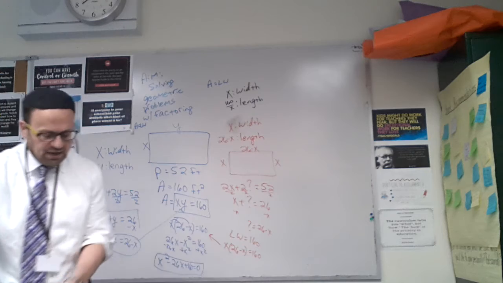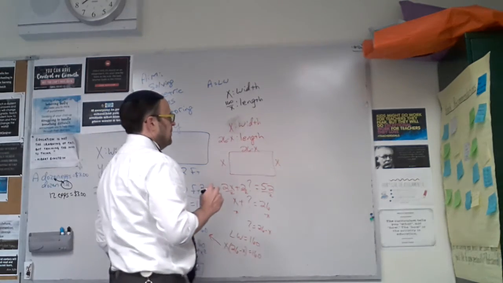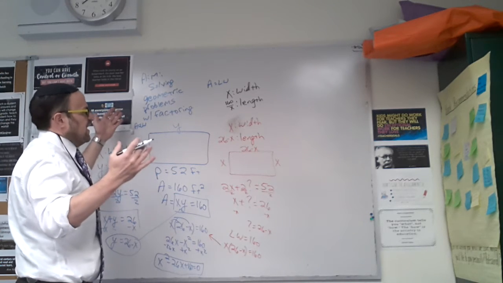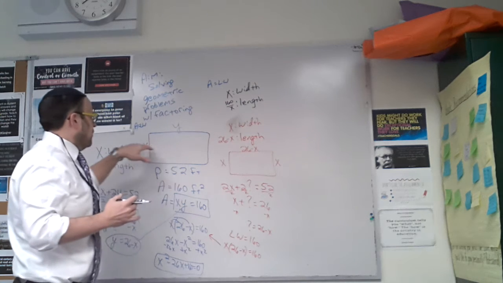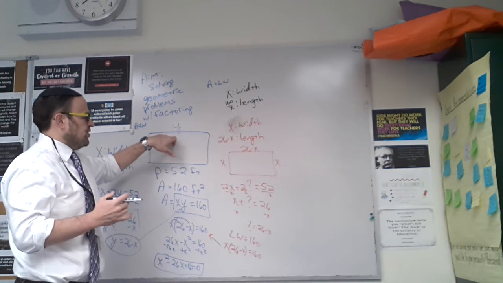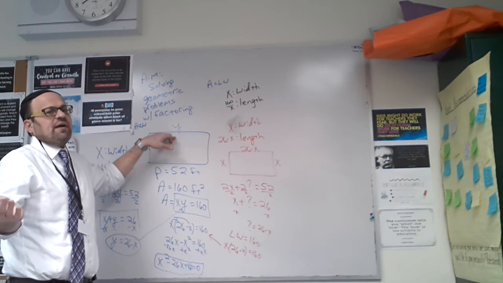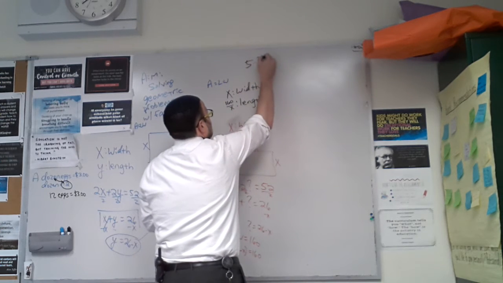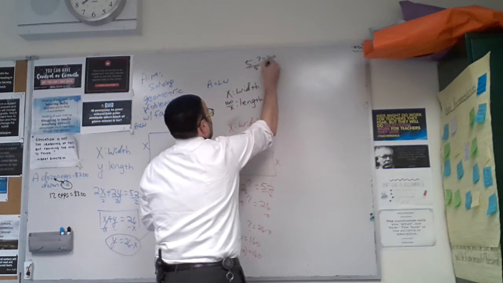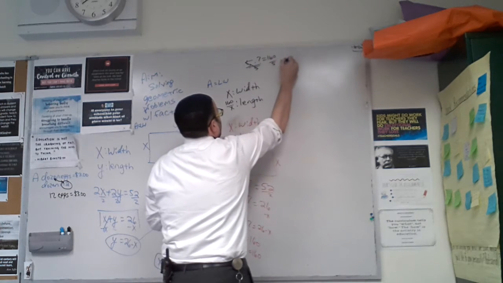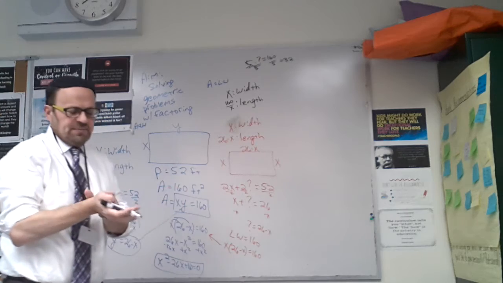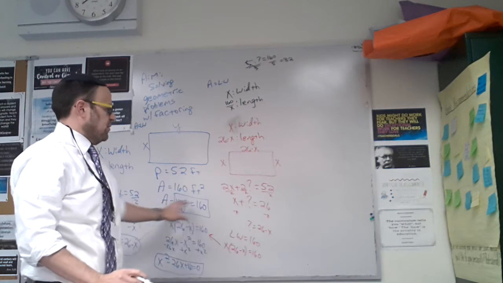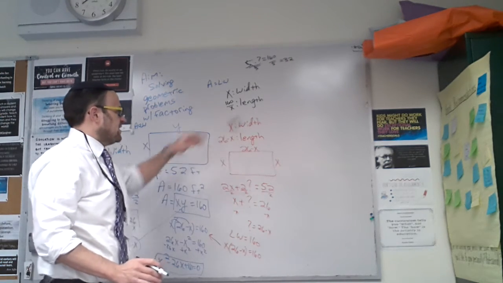For those that like the black option, let's talk about that for a moment. Those of you who said, well, if the x is 4, if the width is 4, times what gives me 160? 4 times 40. Great. If x is 5, times what gives me 160? Divide both sides by 5. That's where that division piece comes in. And I know some of you are not liking this option, and that's fine. Focus on the blue or the red. For those of you that like this option,